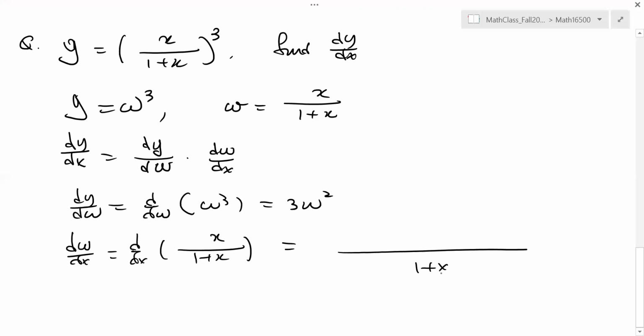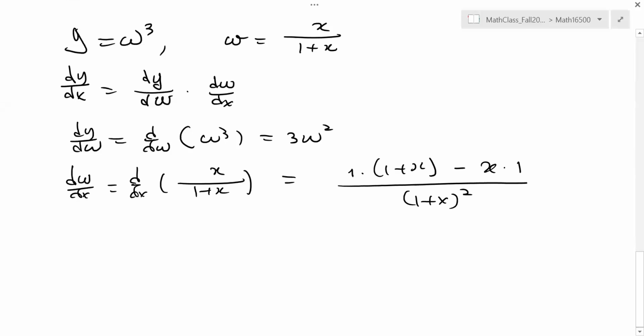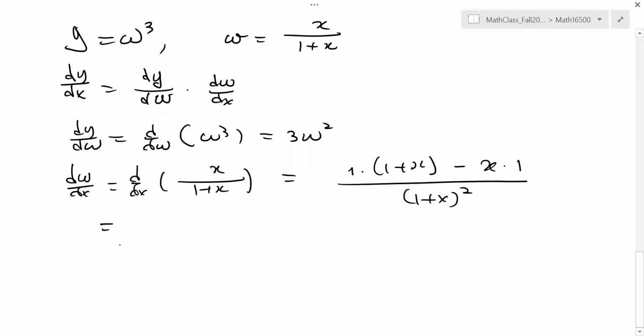It's 1 plus x squared, and then the derivative 1 times 1 plus x minus x times the derivative of the denominator, which is also 1. Right? After you simplify it, you will get 1 over